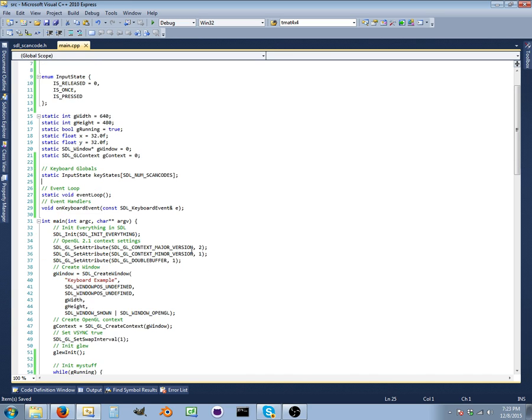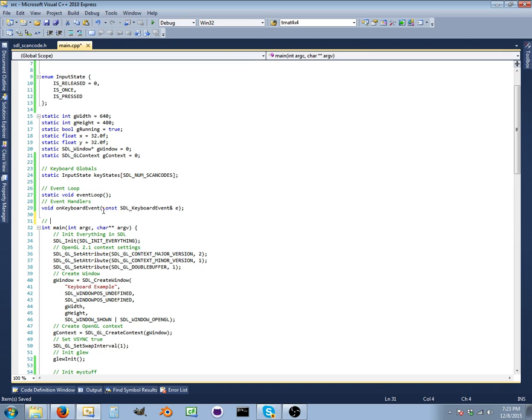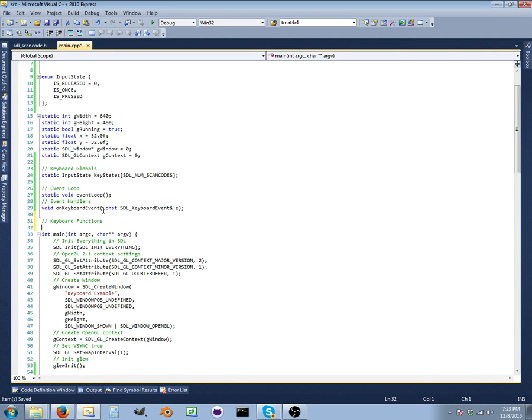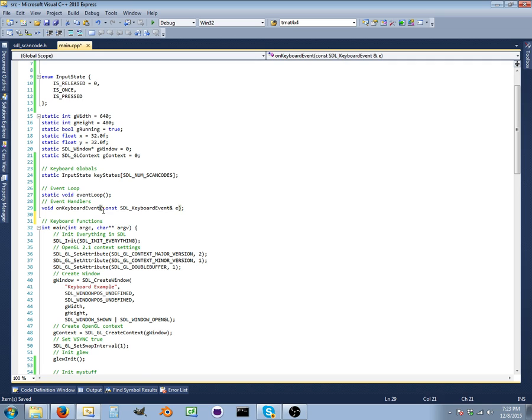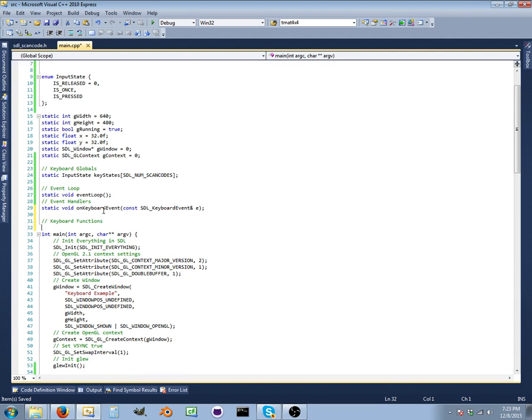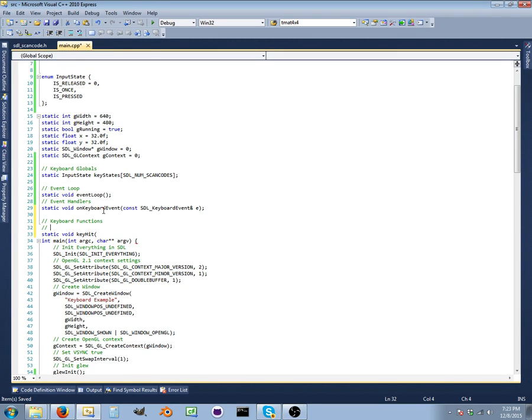So now that we have this, we're going to need some functions to handle the keyboard. So let's make some keyboard functions. For one, we need void. I forgot to put static on this. I'll fix the bottom one in a minute. Static void key hit, which is going to be for